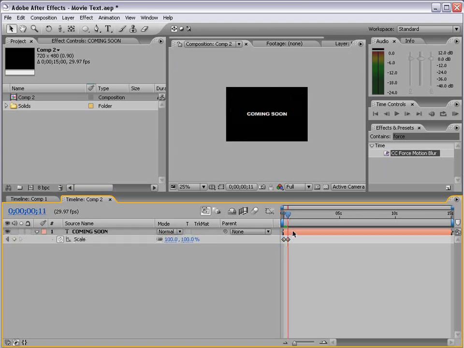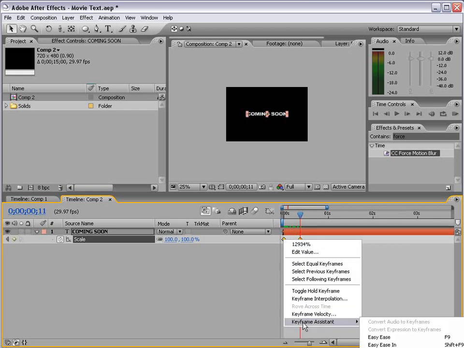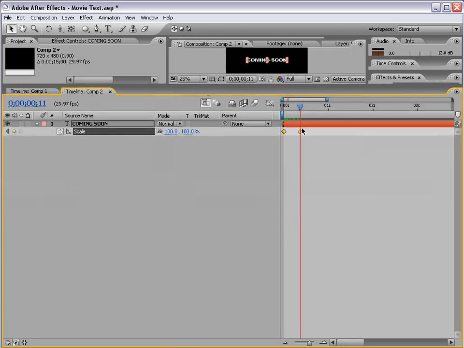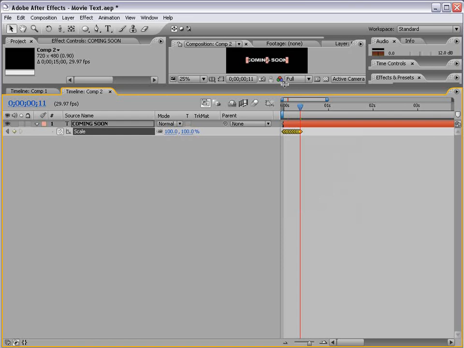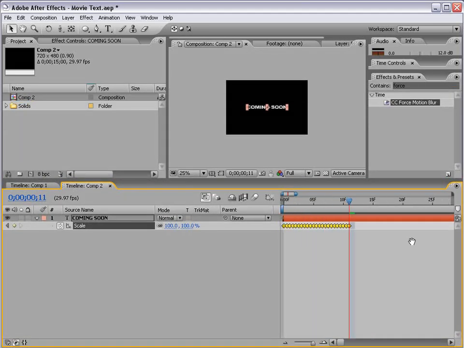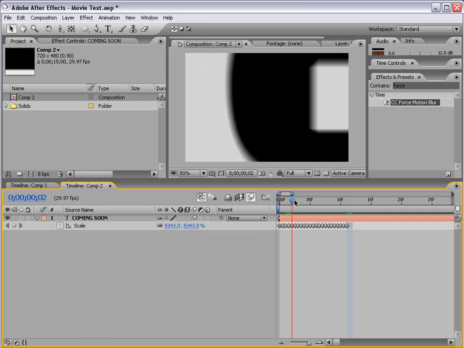Okay. And then we have to do an exponential scale. So we'll select both of the keyframes, right click, keyframe assistant, choose exponential scale. Probably can't see that, but exponential scale. And that just generates some keyframes that make this look right. And we'll turn on the motion blur for both layers, and